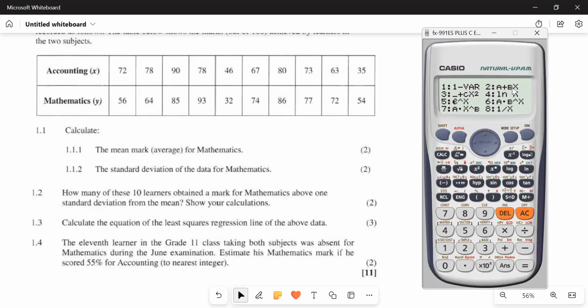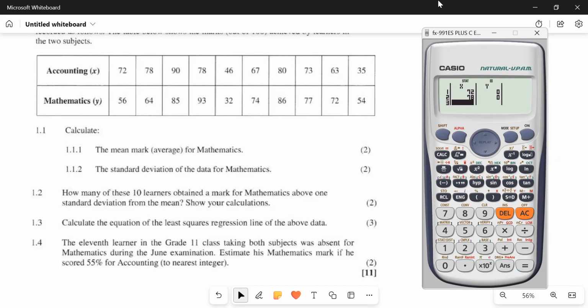Then you press option number 2. Why option number 2? It's A+BX. Okay? So it's a linear correlation. So you press option number 2, and then it says X and Y. Okay? Now you start to put in your X. It's up to you how you want to do it. Personally, I prefer to go with X. And then I will say I have X: 72 equals, 78